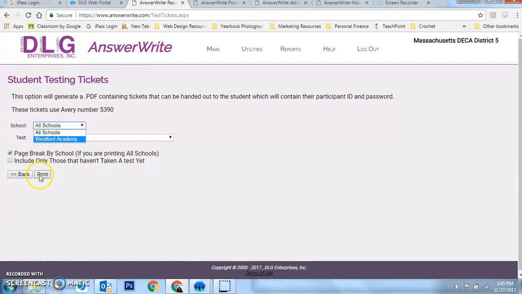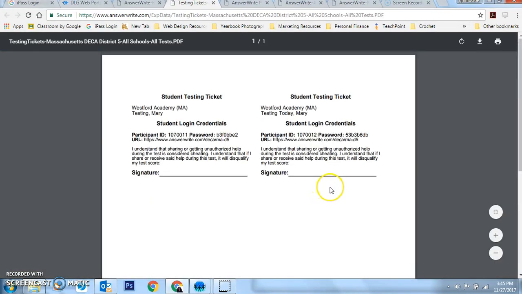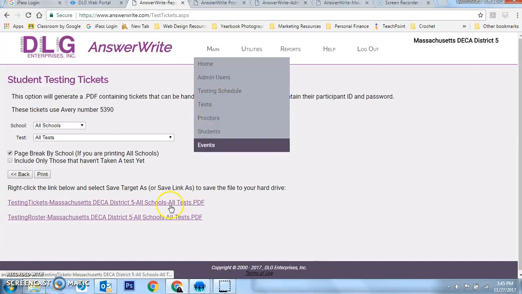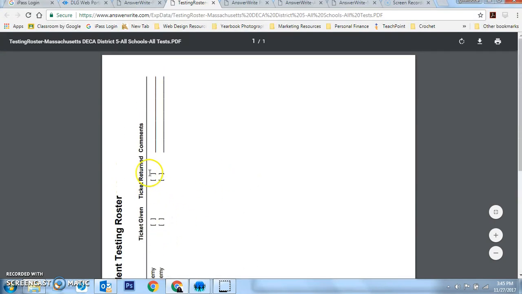You have those parameters. And then when you click print, it'll give you testing tickets for all schools as well as the roster. Let me show you the difference. When I click on this report, it's the same one that I showed you earlier. It's student testing tickets that you can go ahead and hand out to the kids as they're testing in your room. If I click on this particular report, essentially it's an attendance sheet and it tells you the participant ID, their name, and you can write in comments and so forth. This is especially helpful at